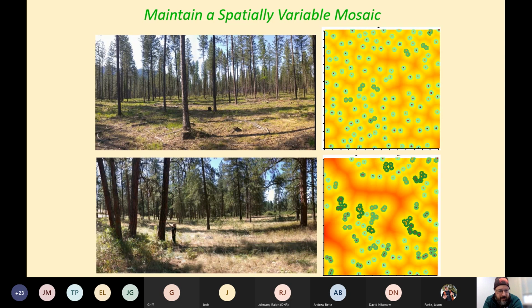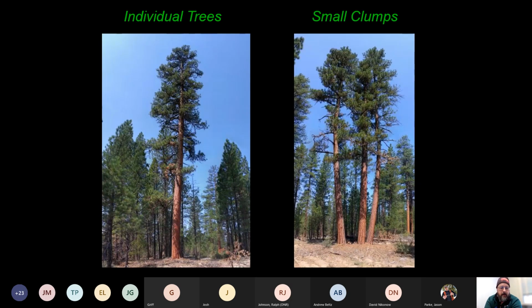And I'd contrast that with conditions and patterns more typical of that frequent fire regime, which are strongly patchy, that derive from that strongly patchy regeneration. And you get all sorts of different outcomes because of that, which I'm not even going to go into here. But there are lots of ways to go about managing for that sort of patchiness, along with the other elements of complexity and diversity. But one of the things that we've pushed forward is an approach that basically